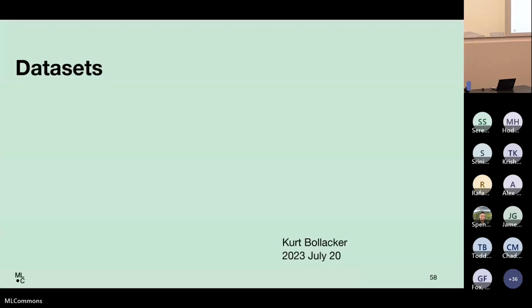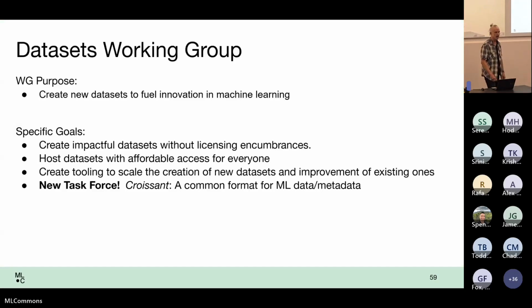So Kurt is the chair of our datasets group, so take it away and give us a run-through. Hi, as David said, I'm chair of the group. Let me tell you a little bit about it. It's been running for a while, but the purpose of this working group is to support the very bottom of the stack: let's build datasets and all of the general tooling that everybody needs to do that. In particular, as we see with a lot of the saturation, better datasets are what are going to drive innovation over the next 5 to 10 years in a way that you can't do with just better model architecture.